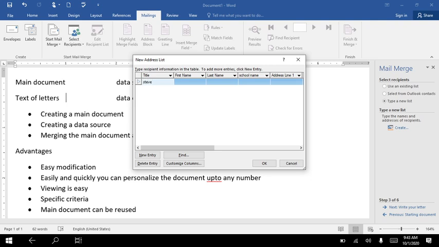Title, Mr. Steve Norms, school name SMJV, address line Siddhartha layout, city Mysore, state Karnataka, zip code 570011, country India, home phone some number you can give, email address steve@gmail.com. Okay, this is how you can give, children.